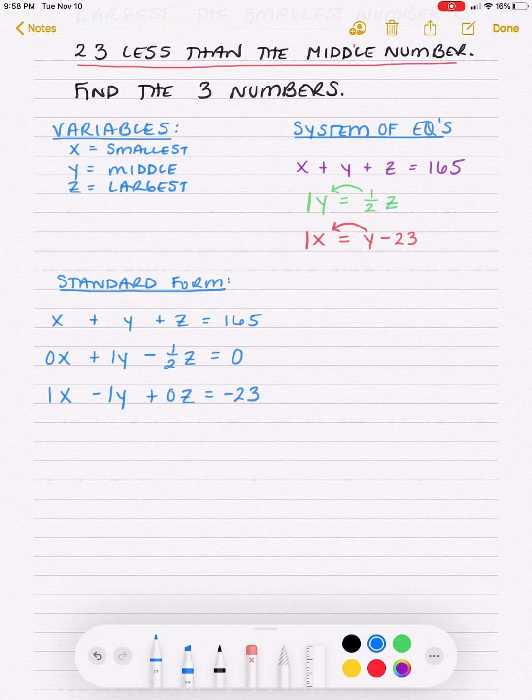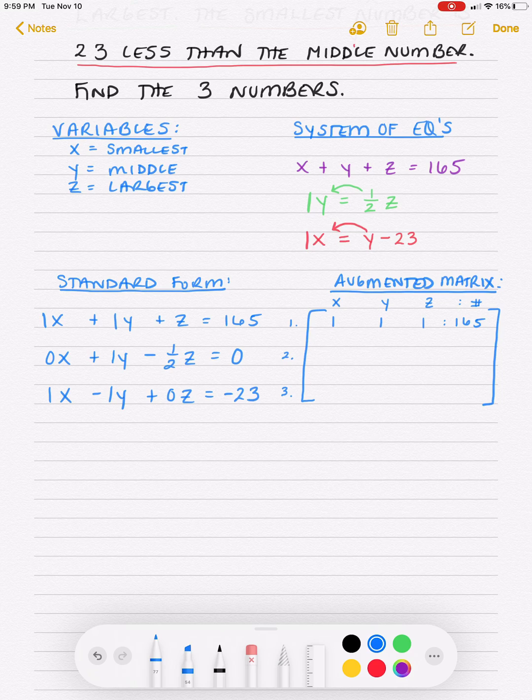So the next step here that we're going to do is we are going to write an augmented matrix. To set this up, we are going to let the rows be equations 1, 2, and 3. Everything's lined up nice here. The columns are going to be the coefficients of x, the coefficient of y, and the coefficient of z, and then we're going to put this dot dot that's going to represent the equal sign, and we'll put the constant number that it equals. So my first equation right here is going to be 1x, 1y, 1z, dot dot, 165,